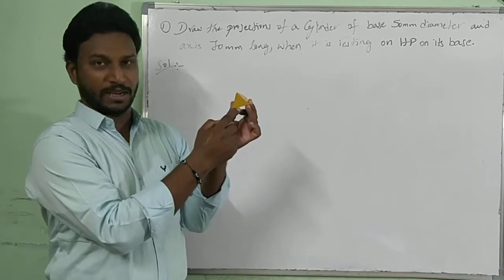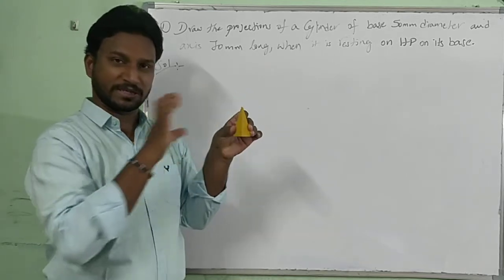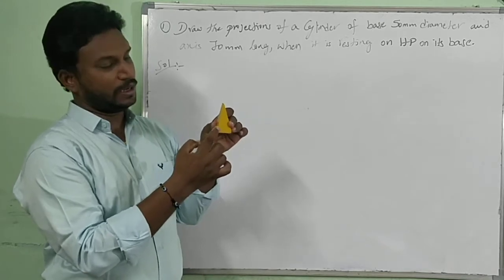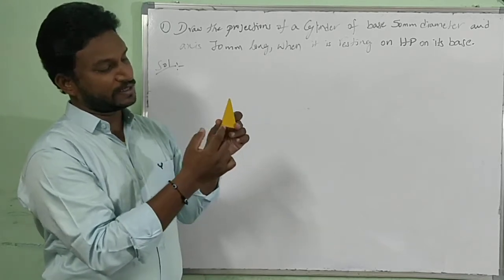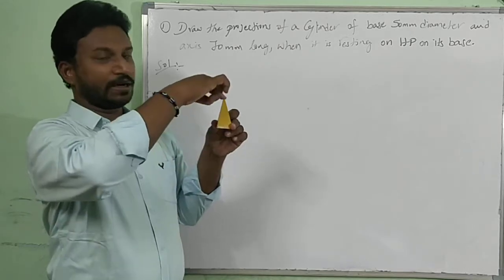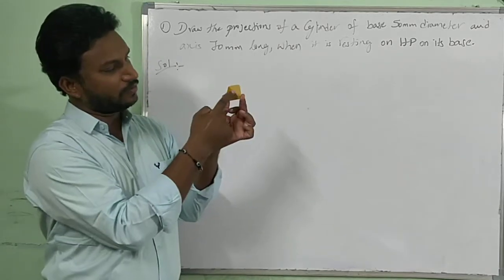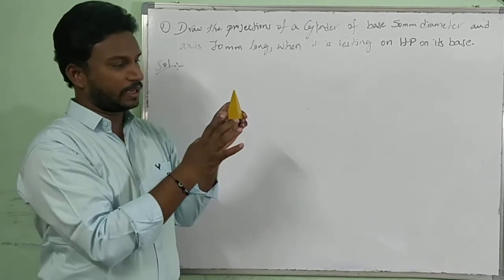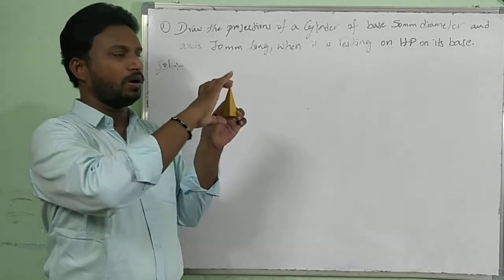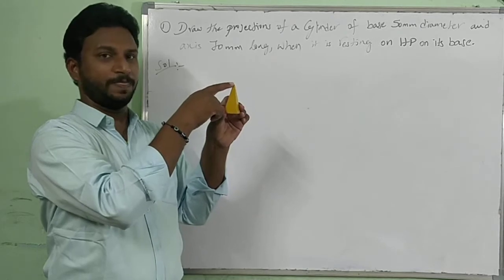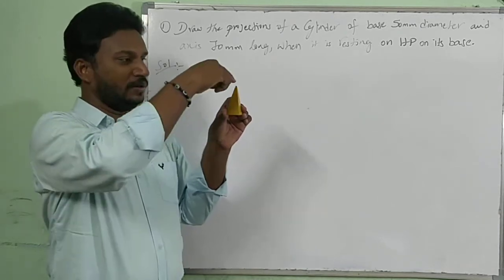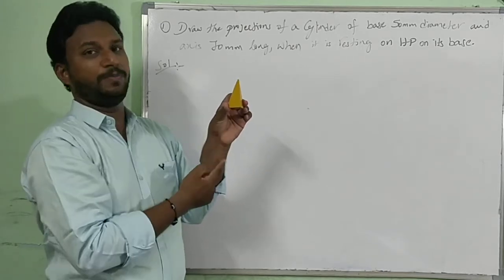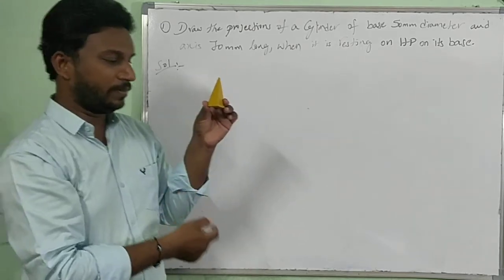See, in my hand I am showing you a pyramid of triangular shape. Base is of triangle shape. That's why it is called a triangular pyramid. From each side of the base triangle, triangular faces are raised to meet at a single point. How many sides are there? You can see 1, 2, 3. Three triangular faces are raised to meet at a single point called the apex. This is your apex. The axis is an imaginary line which passes from the apex to the base midpoint. Triangular pyramid.